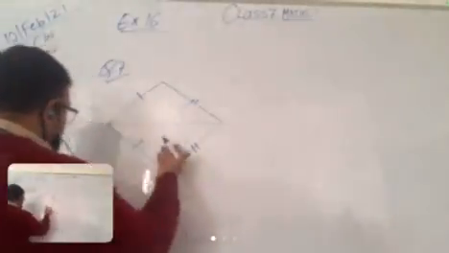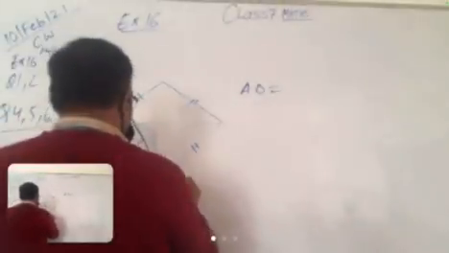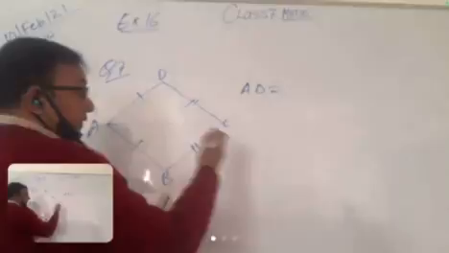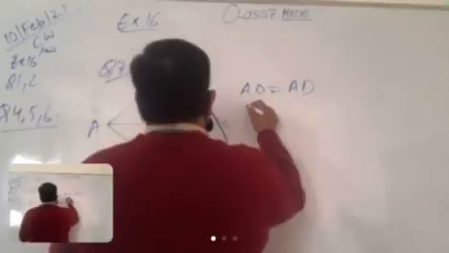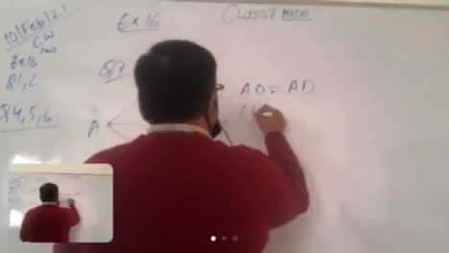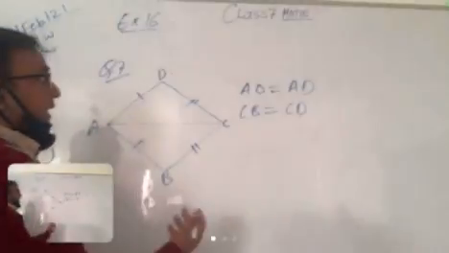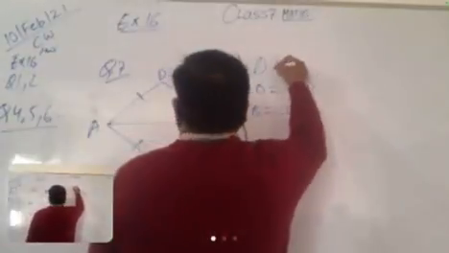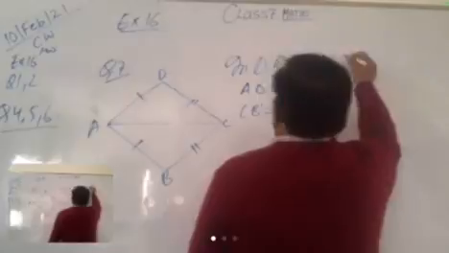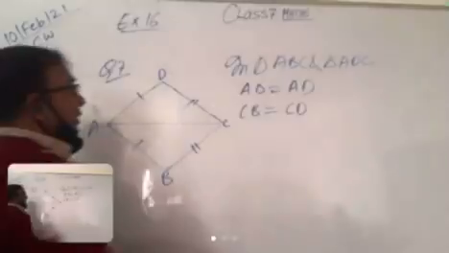We don't have to do anything in this. It is already written in this figure. Sit down please. AB CD, just see and check fast. AB is equal to AD, this is given here, and the next one is CB is equal to CD. Then what is the third side? What things do we need here to prove a triangle congruent? In triangle ABC and triangle ADC, this is given.